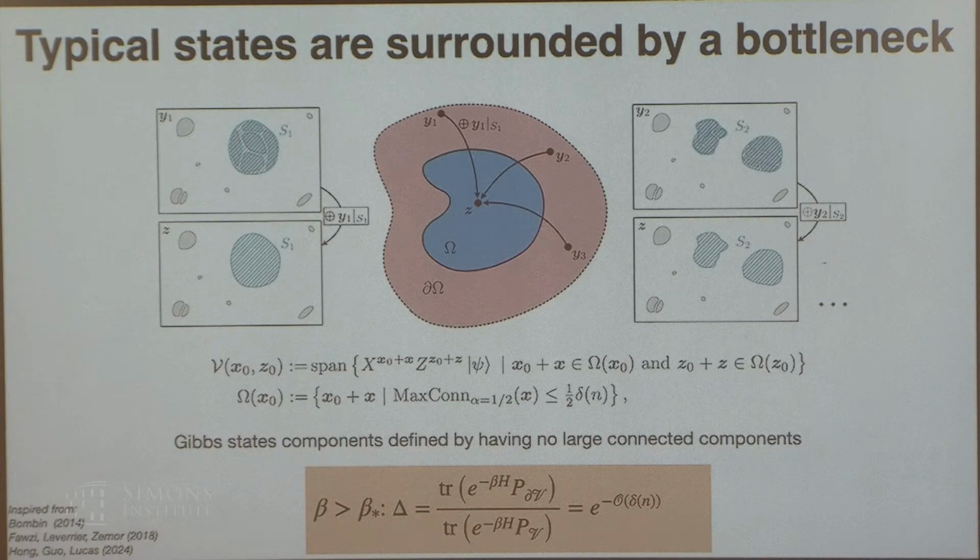So then you get a lifetime which is like e to the delta of n, which is e to the square root of n. If you didn't follow all of that, the upshot is that even without an extensive energy barrier, as long as you keep in mind what typical thermal fluctuations look like, and you choose your bottleneck set to be things with a very large connected kind of error, which is not something that happens with typical thermal fluctuations, you can define this kind of bottleneck, and then you can show that each of these highly excited states is also stable.